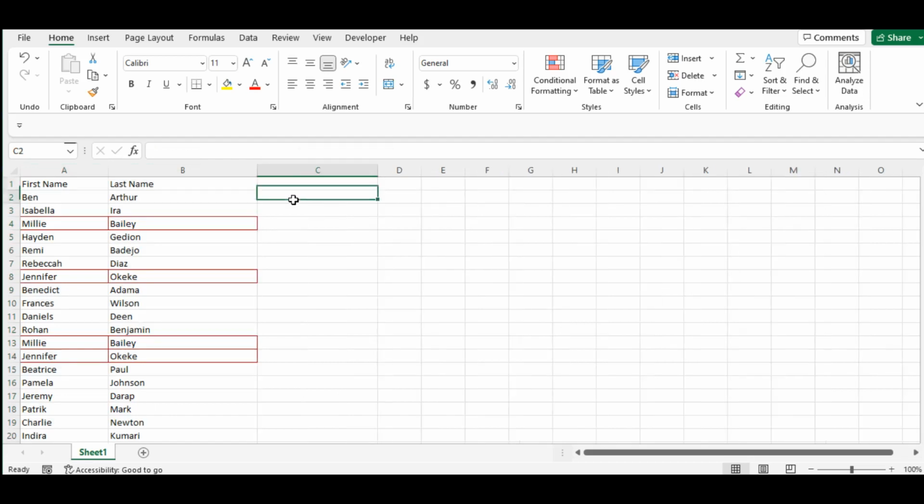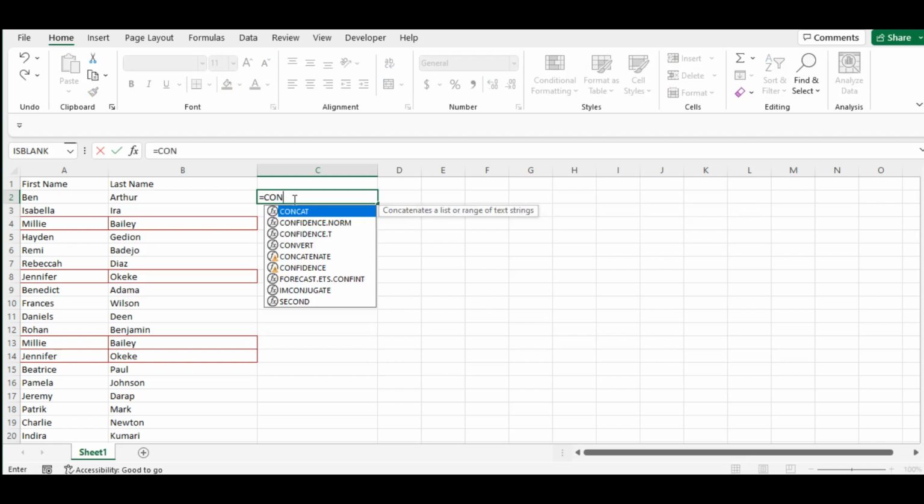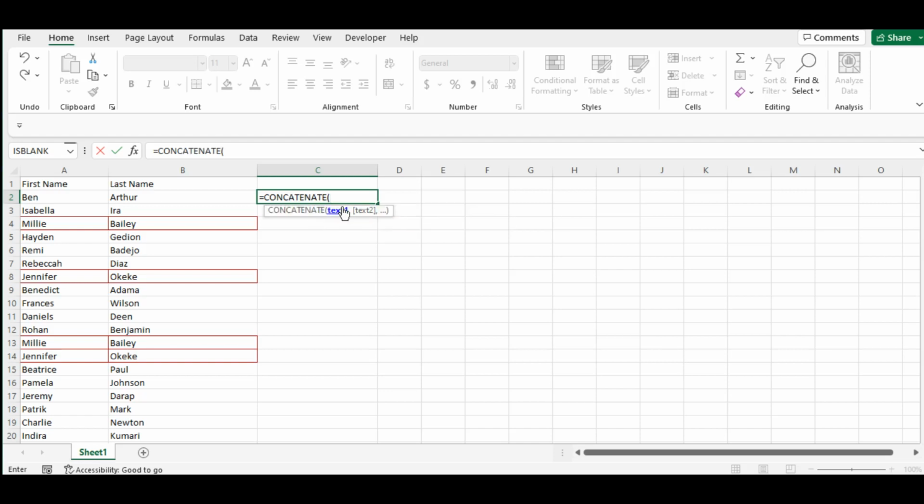Okay, here, this is the first name here. So, you know, when you start a formula with an equal sign in Excel. Okay. Then you type concatenate. It should populate as you are typing it. Okay, here we go. Concatenate. It opens the parentheses for you. And here is